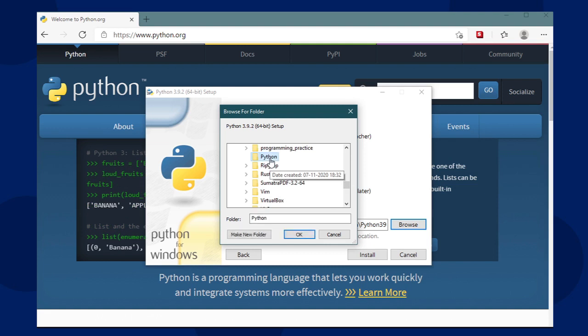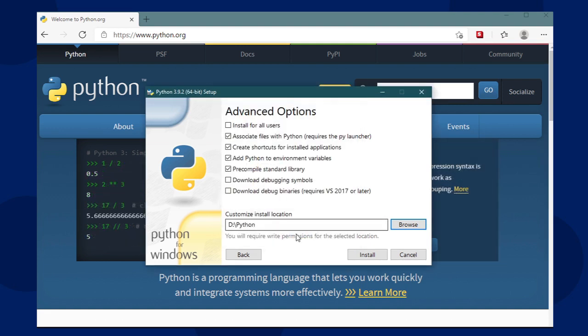I'm just quickly selecting the location. I have selected a location inside my D drive, inside a folder named Python. After you have checked or unchecked all the options and chosen the installation location, you simply click Install.